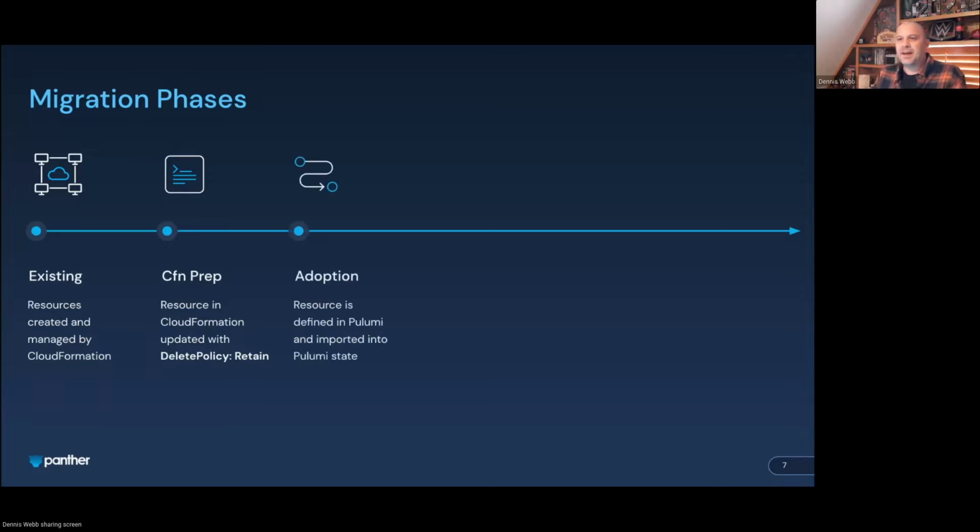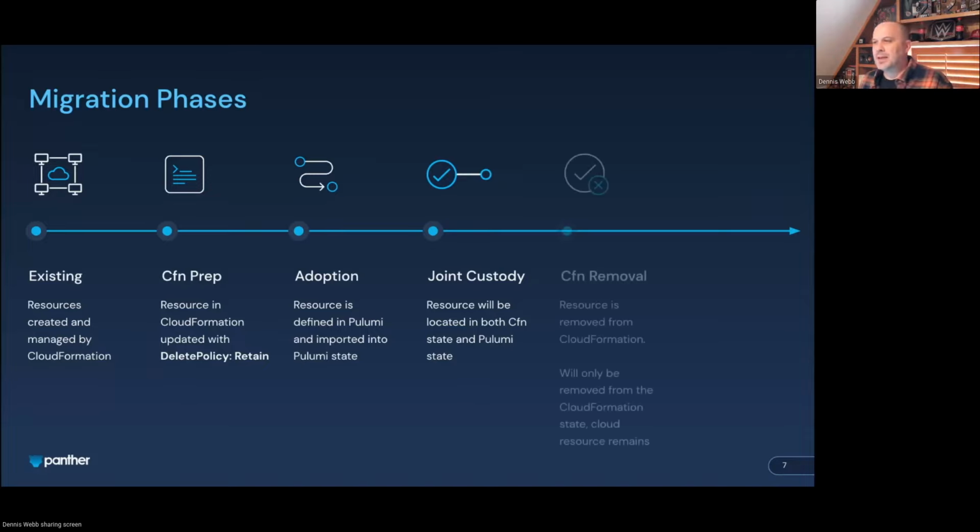The next phase after that is the adoption phase. This is where we define the resource in Pulumi and import it into our Pulumi state. With that, we now hit what I call the joint custody phase. This is where both CloudFormation and Pulumi are aware of the resource, have it in their state, and both are managing that resource. Hopefully, this will only last for one release cycle for this resource, because the next stage is